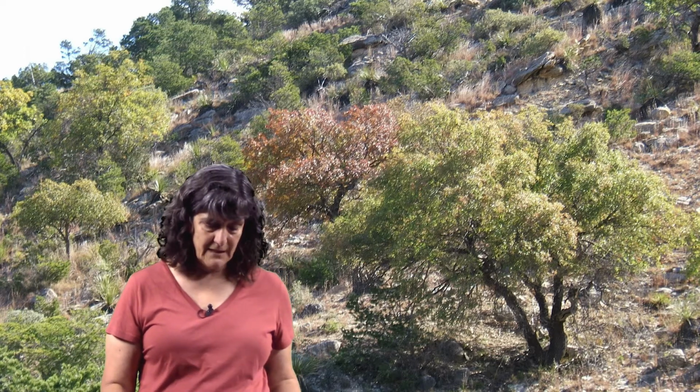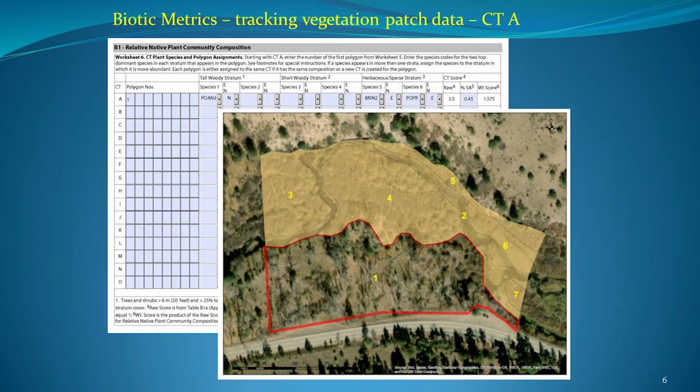You can picture cottonwoods with a lot of this grass. Okay, got it. And that's all it has to be. It doesn't need to be complicated. So that's how you do your first polygon data. Once you've got that data sheet filled in, you also have to fill in worksheet 6, which is the community